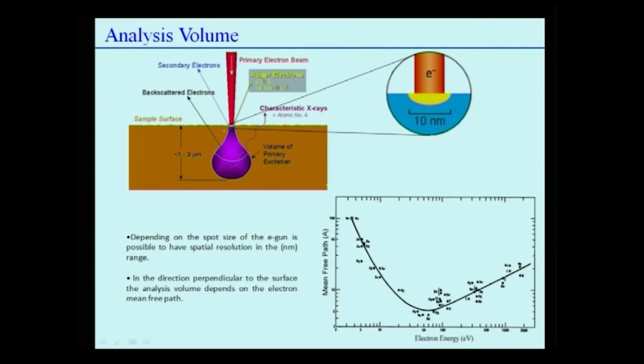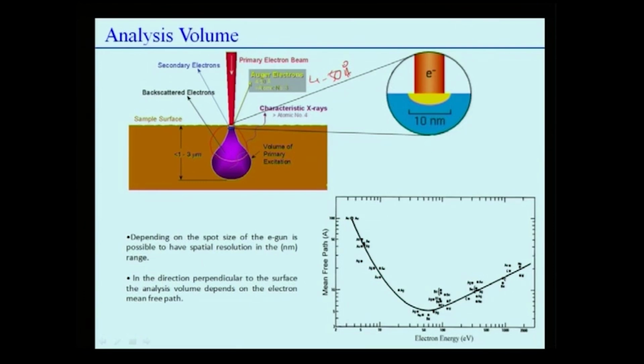The backscatter electron comes from approximately 2 micron. Secondary electrons come from approximately a couple of hundreds of angstrom, actually hundreds of nanometers, not angstrom. But Auger comes from only 4 to 50 angstrom depth,